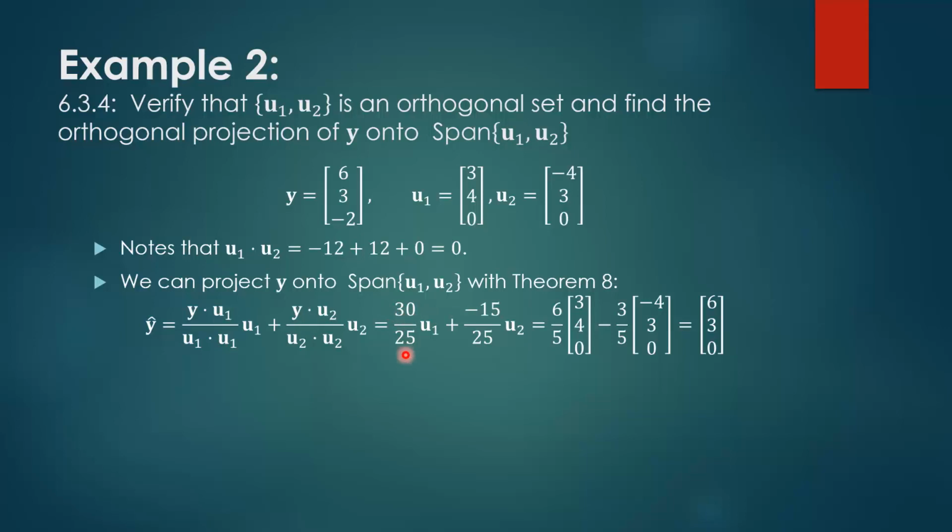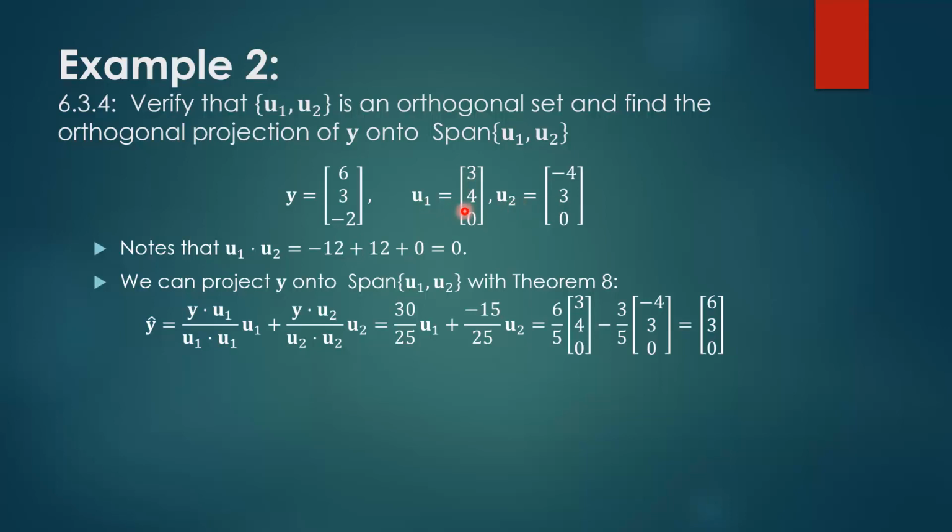We're going to get 30 over 25, -15 over 25. And that simplifies to this. And so the projection is 6, 3, 0. Now, if we take a closer look at this problem before we started, we can see that U1 and U2